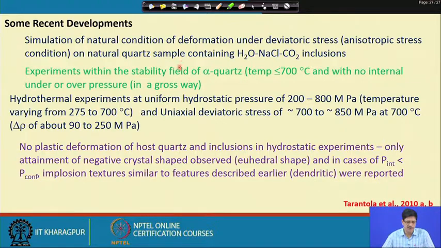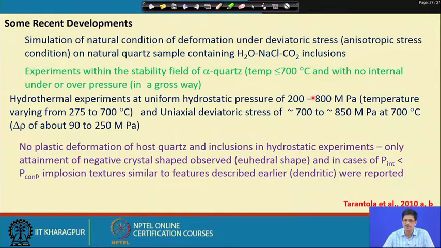So, the samples containing those inclusions, which were already once studied and well documented and whose positions were known, were subjected to hydrothermal experiments initially with a hydrostatic pressure of 200 to 800 megapascal, meaning about 8 kilobar, and in the temperature range of 275 to 700 degrees Celsius. So, this was with an intention to do the experiment with a hydrostatic stress condition only